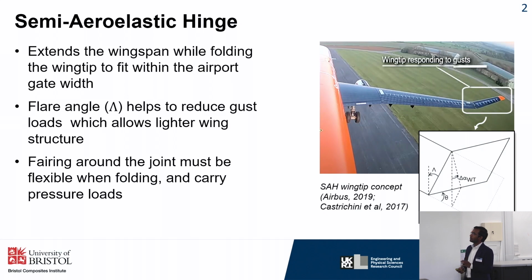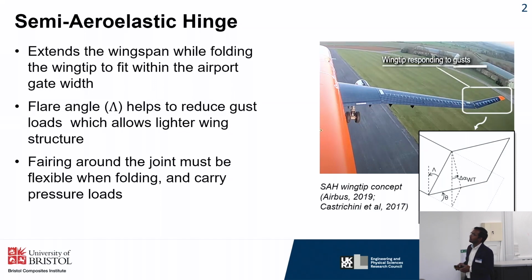It's focused on wingtips, which extend the wingspan of the wing, which helps to reduce the induced drag. But in doing so, when we increase the wingspan, it makes it larger or longer than the current width of the airport gate sizes. So we want to be able to fold the wingtip, which is why there is a